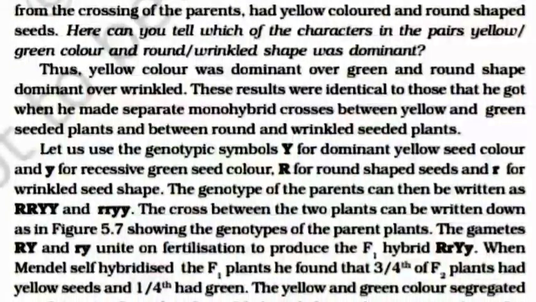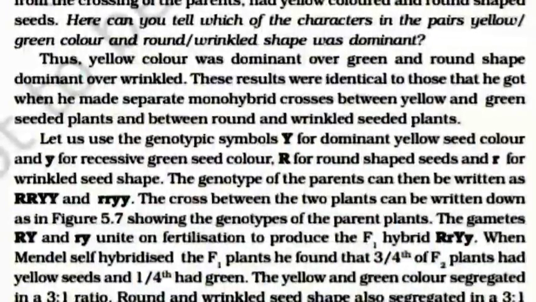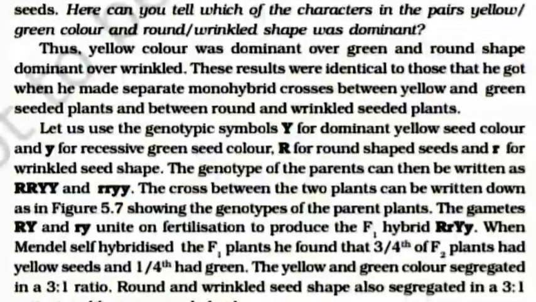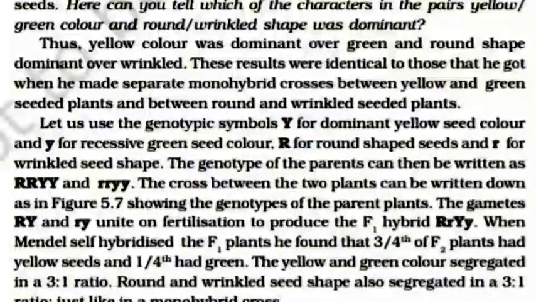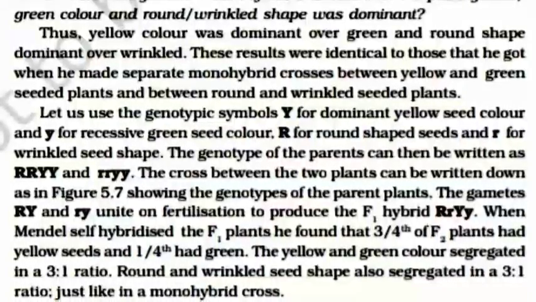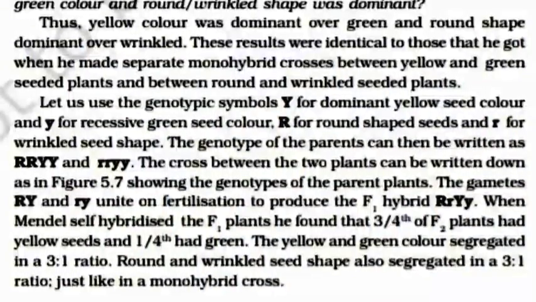The cross between the two plants can be written as in the figure showing the genotype of the parent plants. The gametes capital R capital Y and small r small y unite on fertilization to produce the